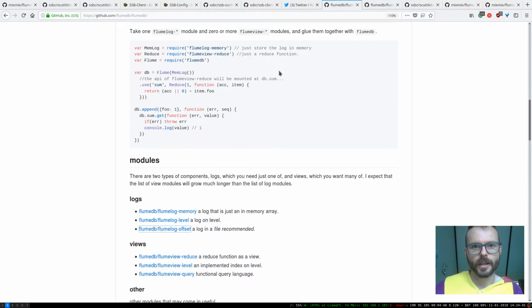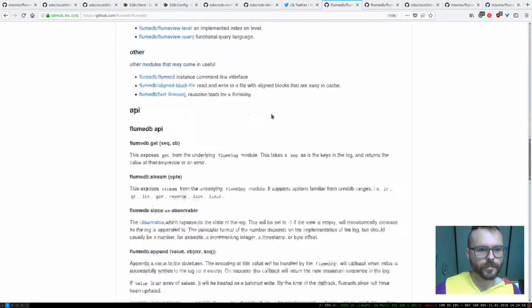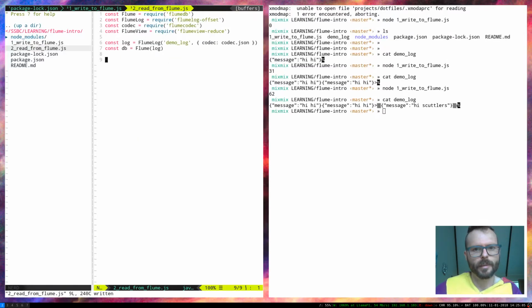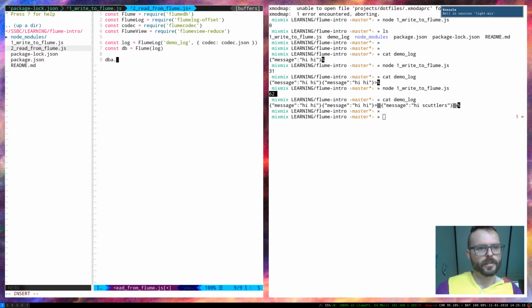Let's look at the documentation. So we've got get and append, and we've got stream. We could do a get, and that would be using a sequence number. I guess let's do that. We happen to have been logging those sequence numbers, so let's just try doing that. db.get